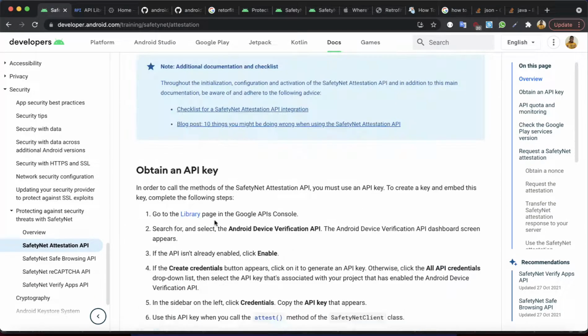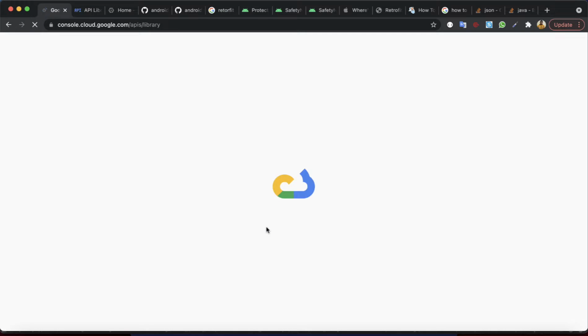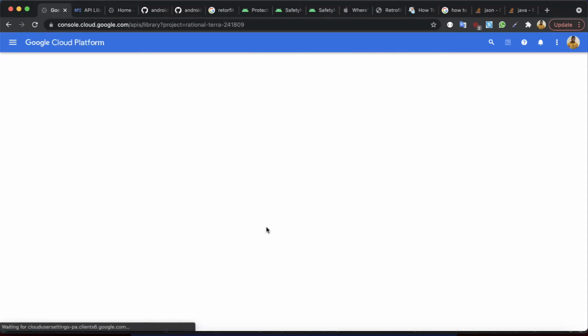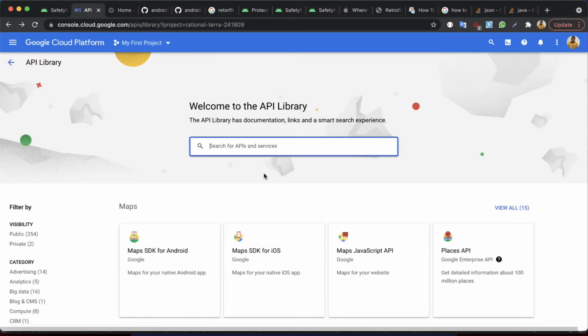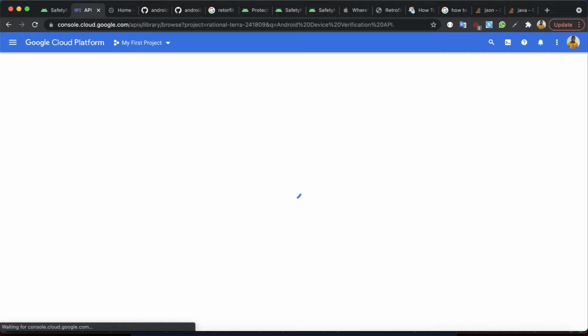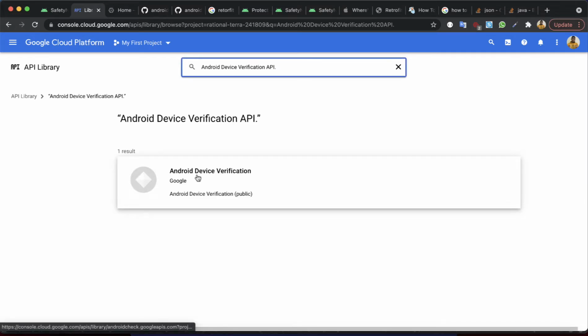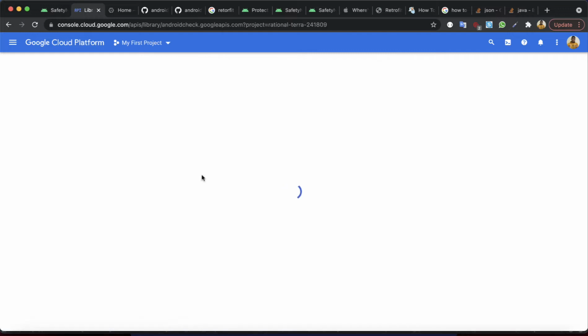And to do that, we have to go to the library page of the Google API console by clicking on this. I will leave the link in the comment section below so that you can easily go to this page. So once you are here, you can just type in the Android device verification API and submit, and you will see the Android device verification API. You click on it,